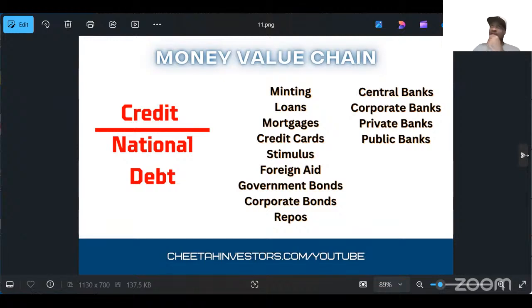Let me say it for you again. All cash flow is debt being swapped. Because even your dollars, if you look on the dollar bill, what does it say? This is a note that can pay a debt. So even the money that you're using is a debt note. So let me say it one more time. Cash flow means exchanging debt.